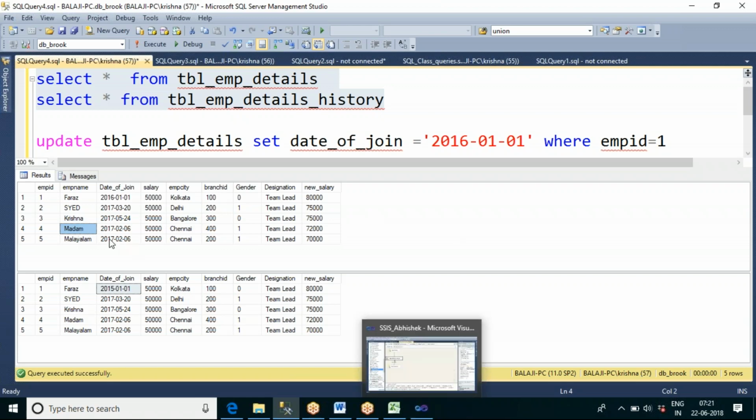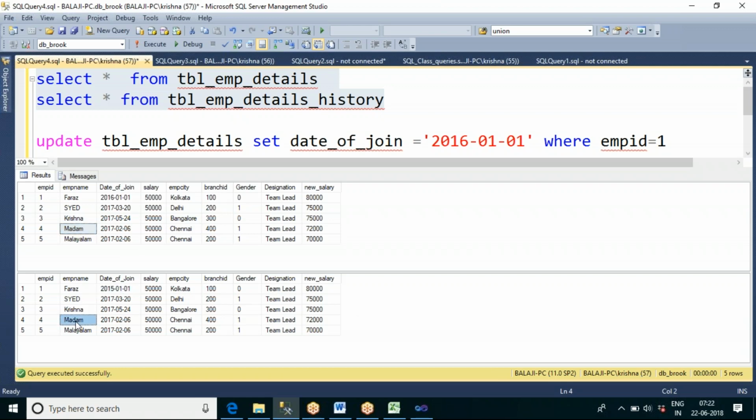Whenever a change happens in the employee name, it should update the record in the historical table also. And similarly, let us say his branch information is modified from 400 to 500. Whenever I see any update for these two columns, I don't want to insert a new record, I just want to update this data in the historical table.